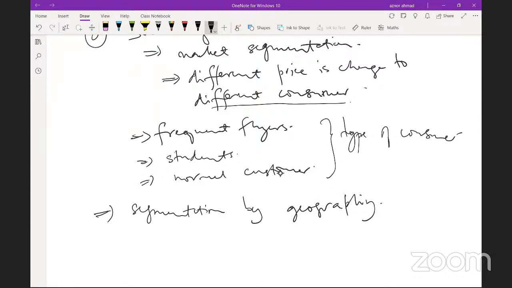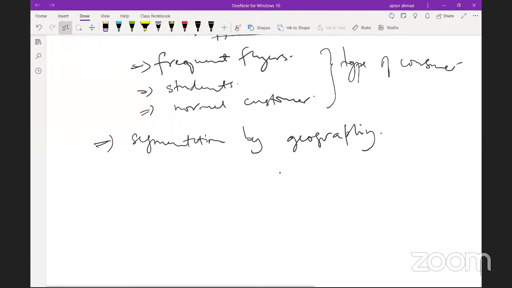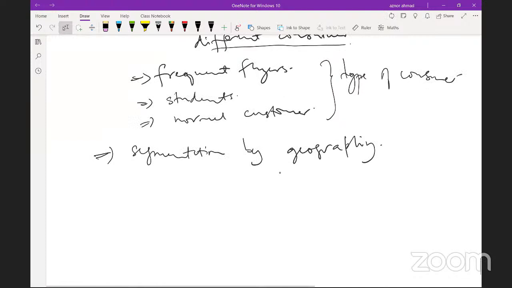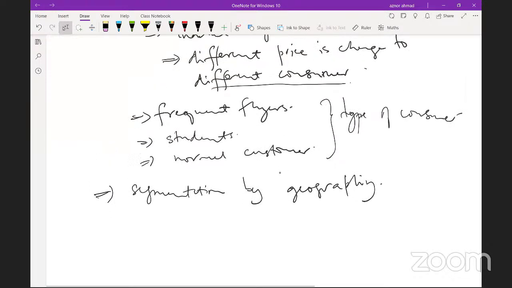Okay, by geography. Different geography means that if you are in Java, maybe you are being charged a different price compared to if you are on another island, like Sumatra. So that's by geography. And by geography, most of the time, a different price can be charged if,